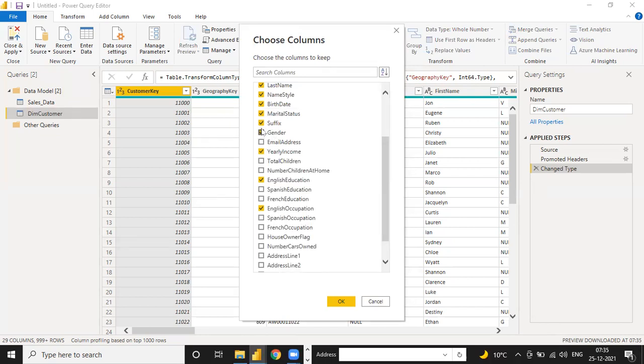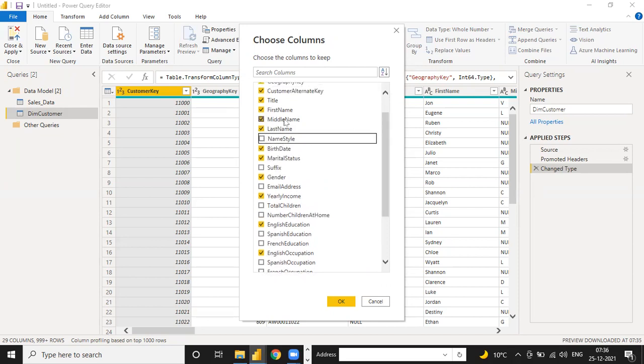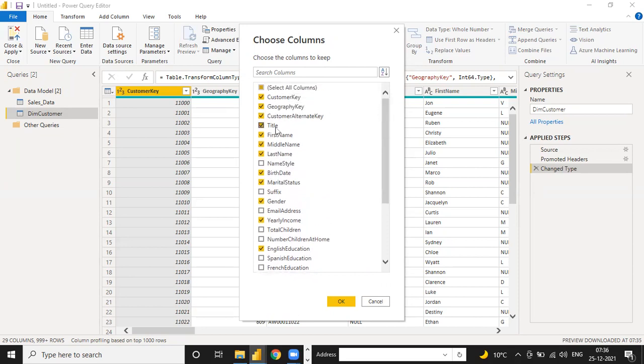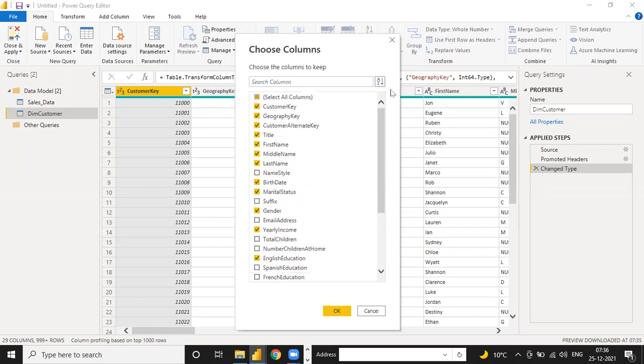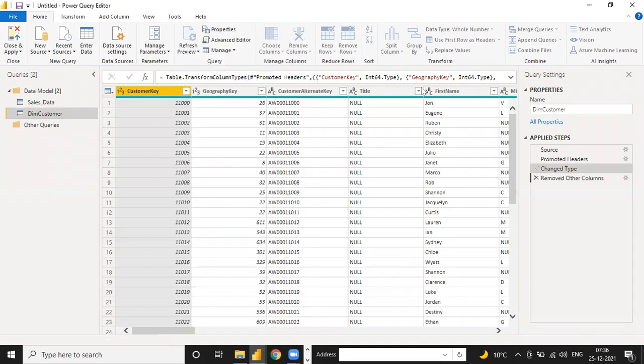Gender, suffix we don't need. Marital status, birth date we need. Name style we don't need. Last name, middle name, first name we need. Title, we don't need, see the null values, so just switch off. Customer alternative key, geographical key, and customer. Now this one is okay.